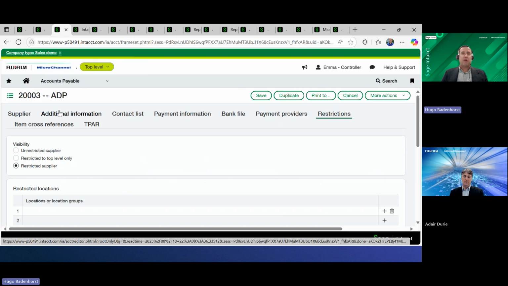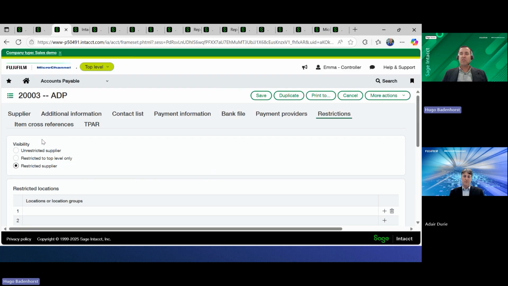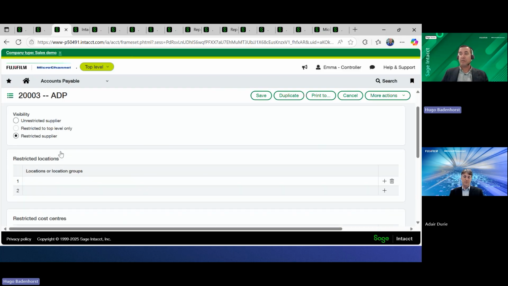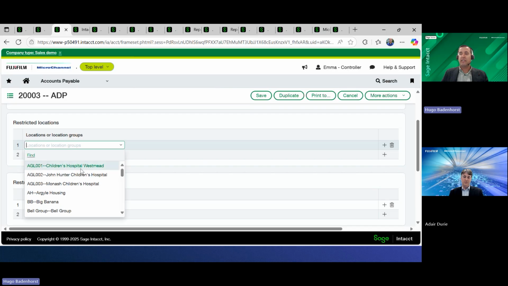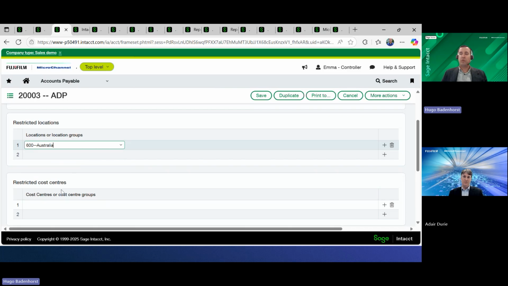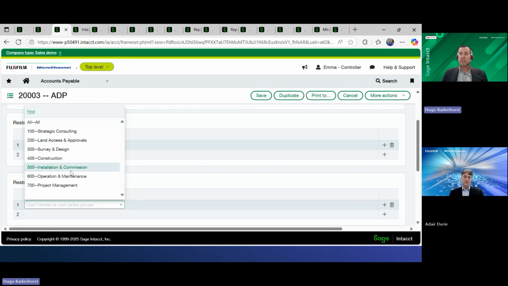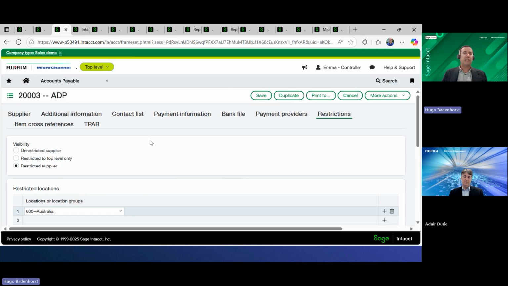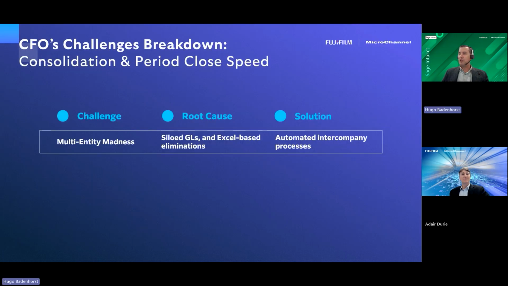With some of the master data, think about customer suppliers. Yes, it is one record across the organization, so all the entities get access to it. But in this case, on my AP side, I want to restrict the customer with a supplier in this instance to say this is not available for all of my companies. And using the functionality there, I can actually go through and select, this is only available for my Australia entity, for instance. And I can also put in cost centers if we need to do that. So that restriction is still available, even though we maintain one set of master records. I think that's the first stop there.